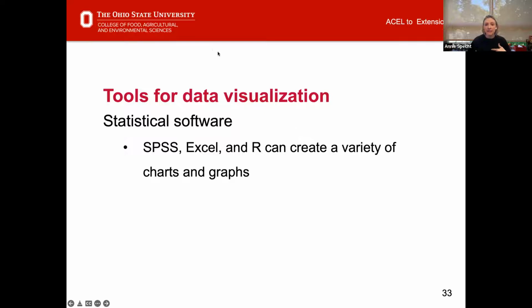So SPSS is a statistical software package that is commonly used, especially in social sciences. I don't know if it's quite as common in bench sciences as it is in social science, but it's basically just statistical software that allows us to do higher level statistical analyses than what we do in Excel. So it's like Excel, but on steroids, I guess is the best way to describe it. But great question.